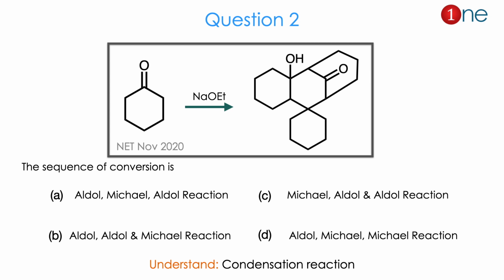Then question number 2. The starting material is cyclohexanone, you are using a base, and you are having a product which has many condensations inside. So you have alcohol and ketone inside, and it is a fused, pyrene-type architecture. Here they are asking how the reaction proceeds, the sequence of conversion: whether the aldol is first, Michael second, or aldol third. So you have to guess which one comes first, second and third. From the reactant to product, you might guess the reaction is dictated by condensation reactions. So you have to find a meaningful pathway. The answer is A. Let us see how.